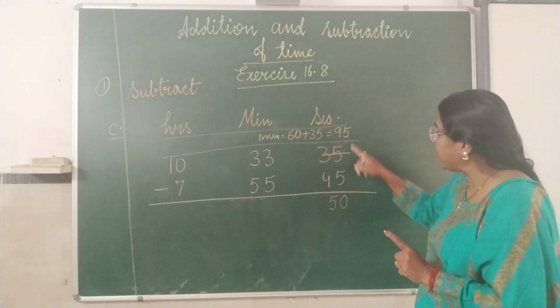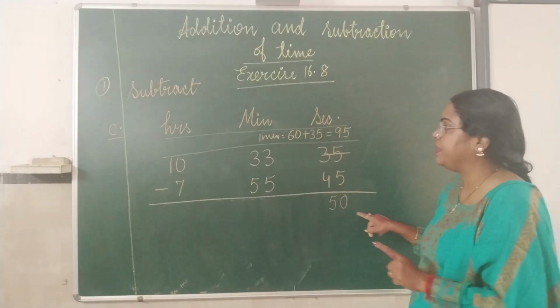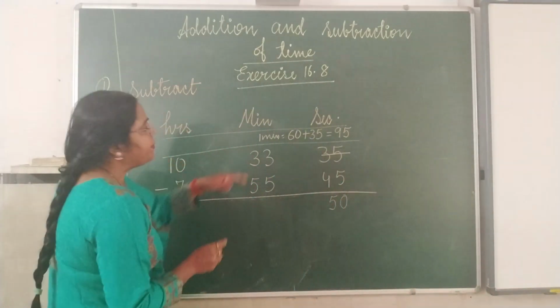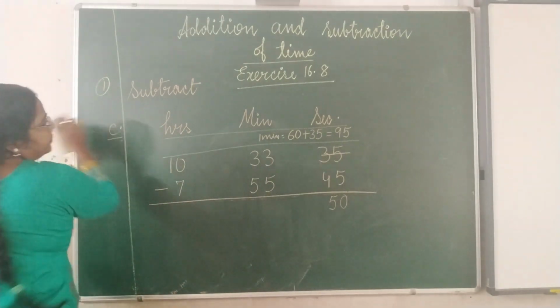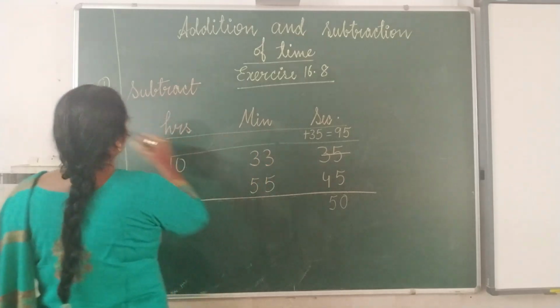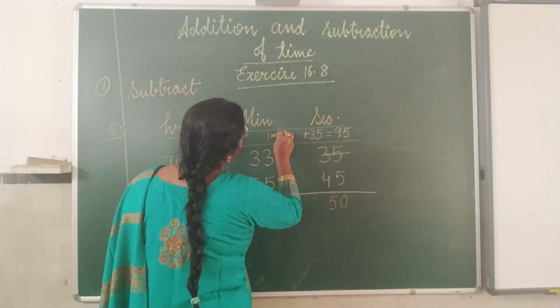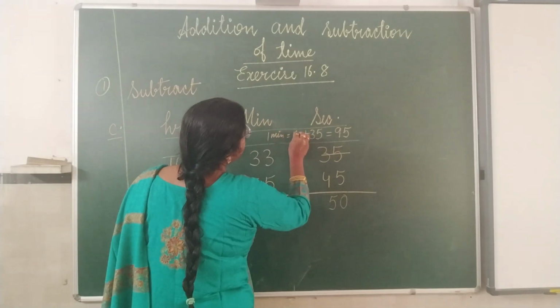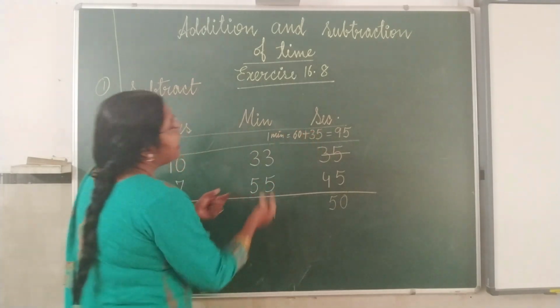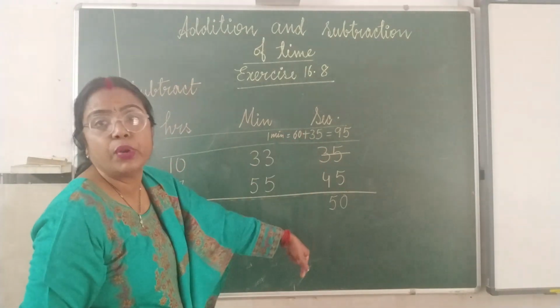Okay? So this is 5 minus 5, 0. 9 minus 4, 5. This is 50. Now what is left here when you are taking 1 minute borrow? We will make it a little shorter because this side also we have to do conversion. So 1 minute is equal to 60 plus 30. That's why I said at least leave 2 finger gaps so that we will write this conversion here only.